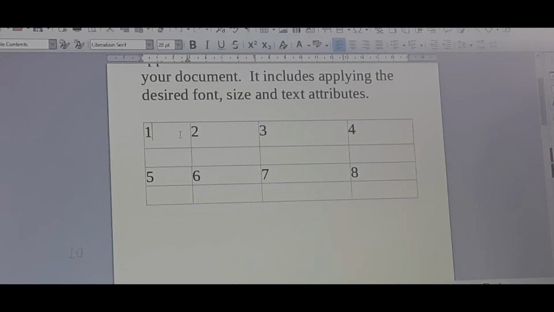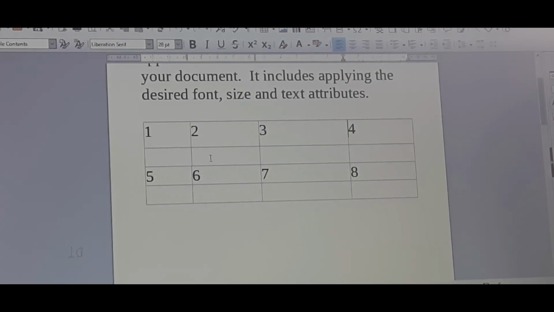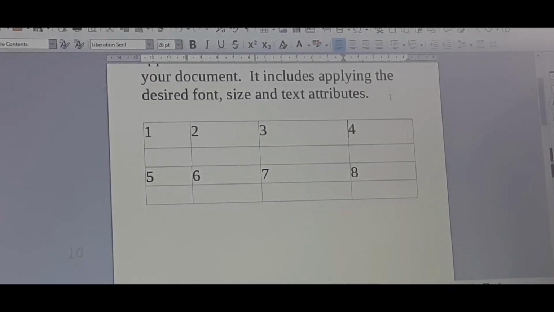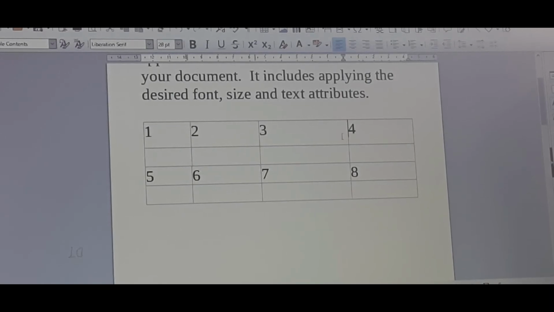The tab key is used to move one cell to the right. If I press the tab key, it will move to the next cell, then the next cell, like that. Can you see where the cursor is?